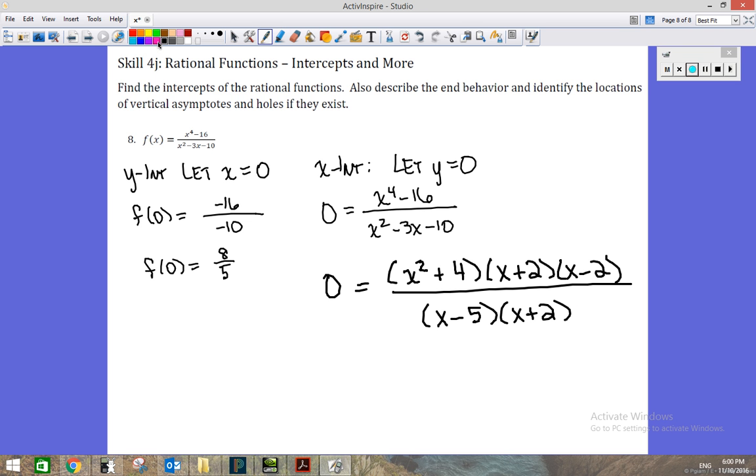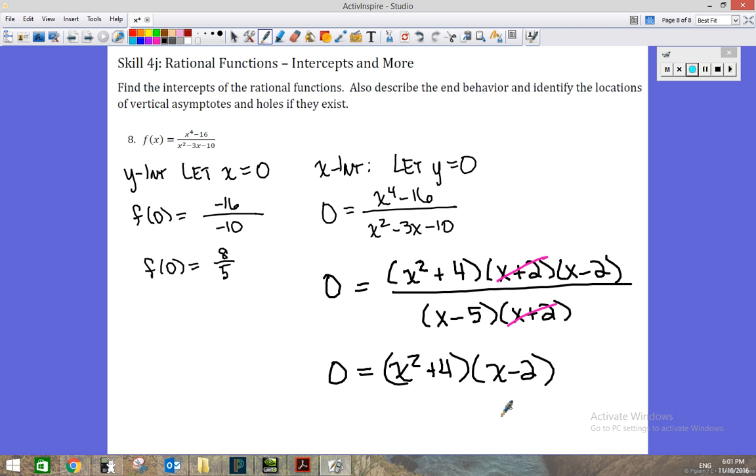So we know that this common factor of x plus 2 is going to create a hole in the graph, so I don't want to call x equals negative 2 an x-intercept. So when I set this numerator equal to 0, after I've reduced it,